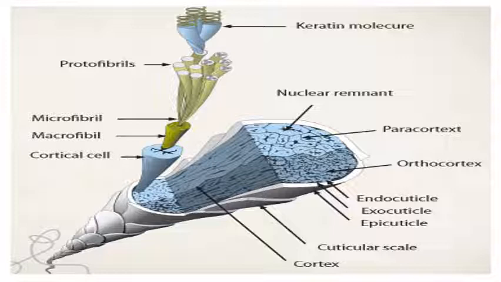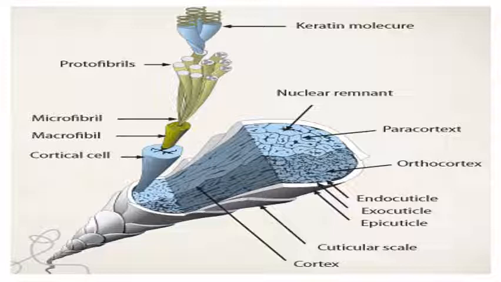macrofibril. So in the cortical cell, which makes up the cortex, we can see macrofibril, and further down inside we can see microfibril, and after that a still finer structure, the protofibril, and further inside we will see the actual molecule, the keratin molecule, that is the keratin protein. It is a special kind of protein, so sometimes we say keratinized. It has a very high amount of sulfur containing amino acids, especially cysteine and dicysteine.